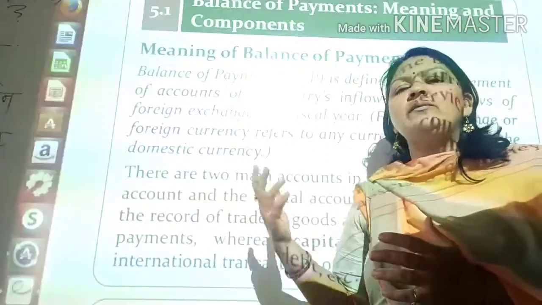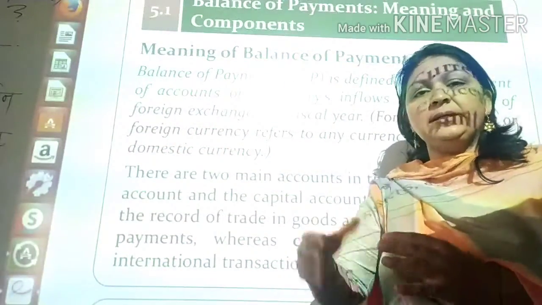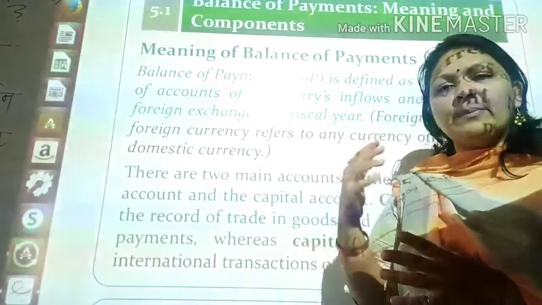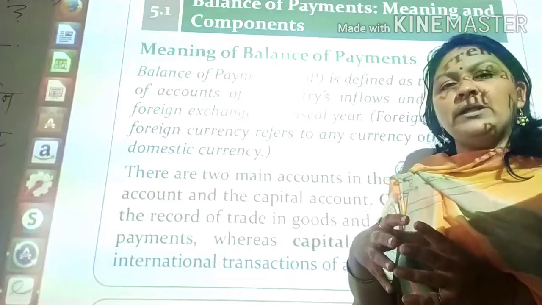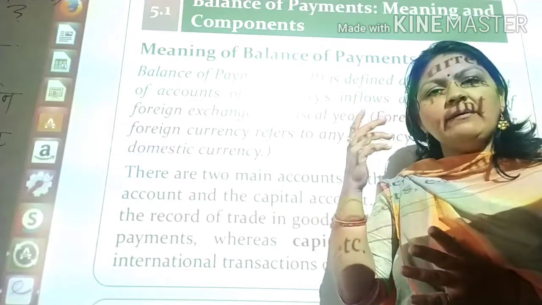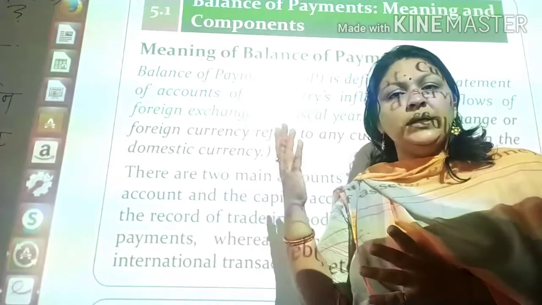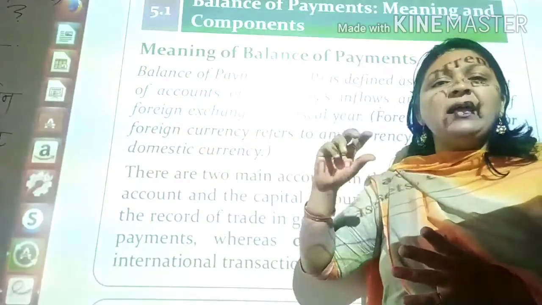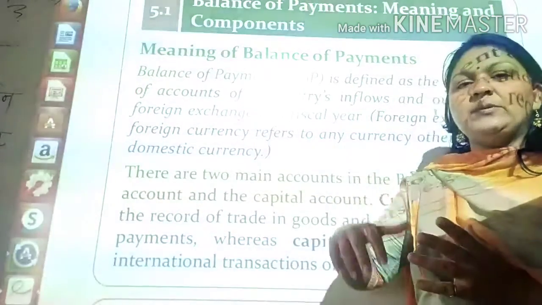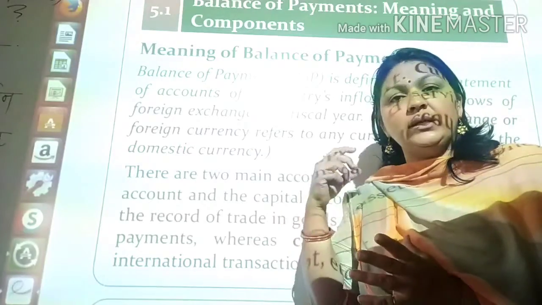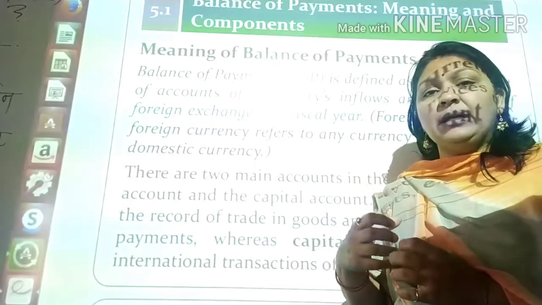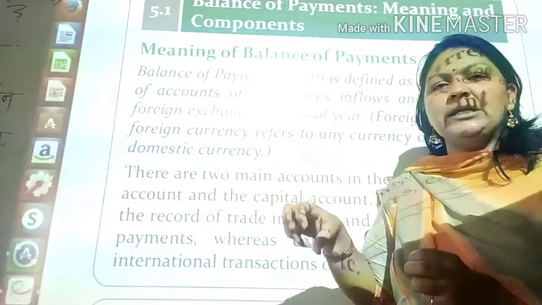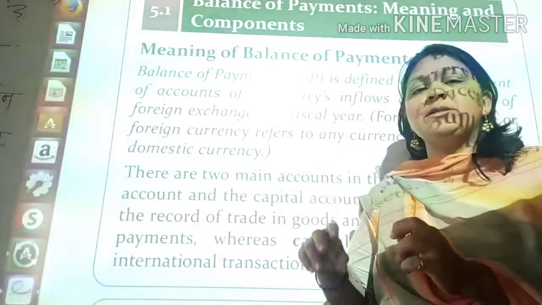Again, in inflow and outflow, there are two types of concept, that is the current and the capital. जैसे budget में पढ़ा है ना, capital और revenue, that is only current. Revenue, अकाउंट्स में भी पढ़ चुके हैं, बजट में भी पढ़ चुके हैं. When we are talking about the current year concept, current financial year, it is talking about revenue in nature. So revenue in nature means the current year. So here we are using two terms, current and capital. So shall we start our chapter?